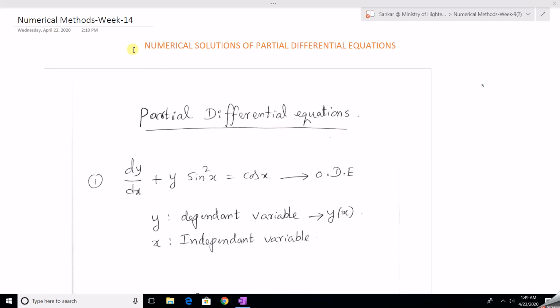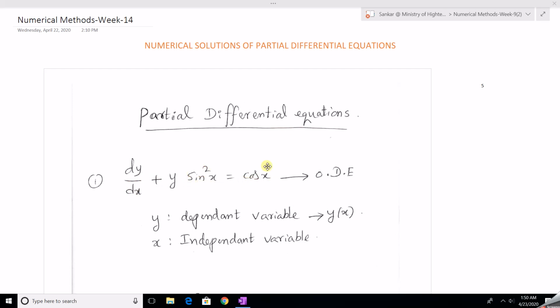Dear students, in this video we are going to learn about numerical solutions of partial differential equations. So before going to the methods, let us see what is the difference between ordinary differential equations and partial differential equations. So if we look at this example, dy over dx plus y sine square x is equal